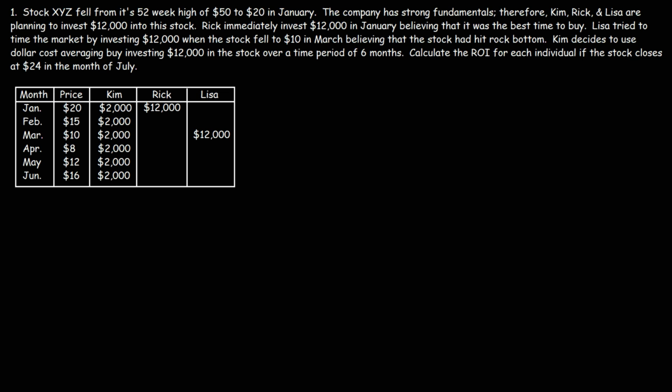So let's start with Rick. He invested $12,000 in stock XYZ, which is currently selling at a price of $20. So how many shares does Rick own in his company? If we take $12,000 divided by $20, Rick owns 600 shares. Now we want to see what the value of those shares are by the month of July. Let's assume everyone sells their shares in the month of July. So he can now sell it at $24,